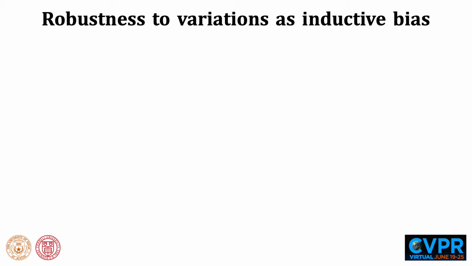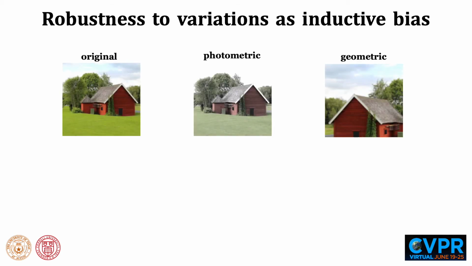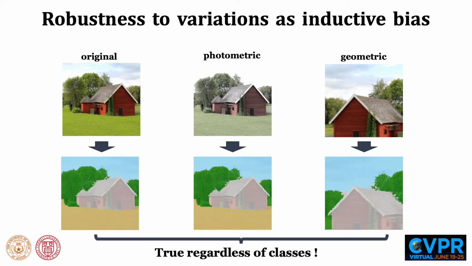However, without any semantically meaningful inductive bias, this approach might learn degenerate solutions such as clustering based on color. To avoid this, we propose to incorporate the inductive bias that the semantic grouping of pixels should have invariance to photometric transformations and equivariance to geometric transformations, i.e., the labeling should not change if the pixel colors are jittered or should be warped accordingly when the image is warped.